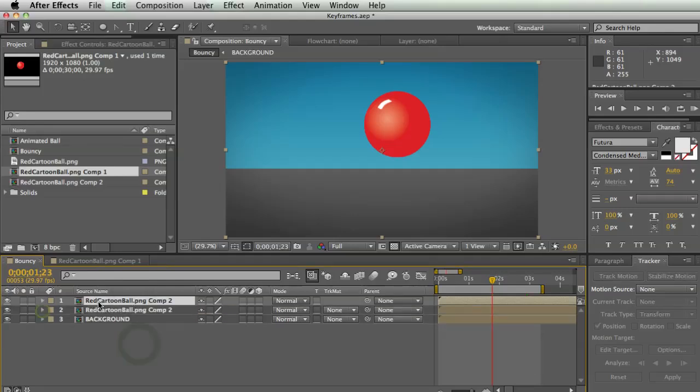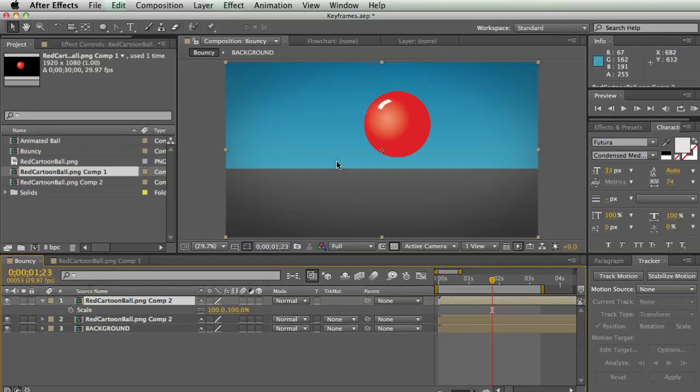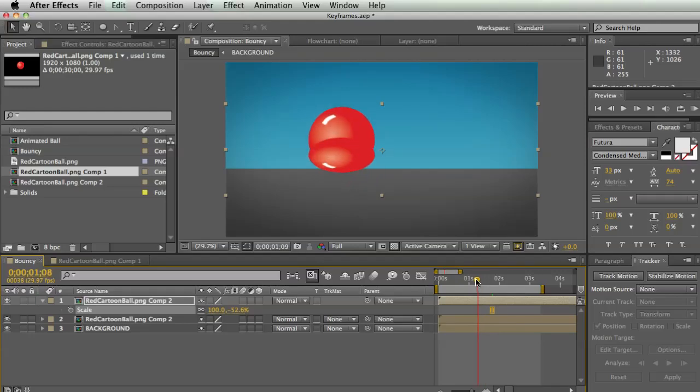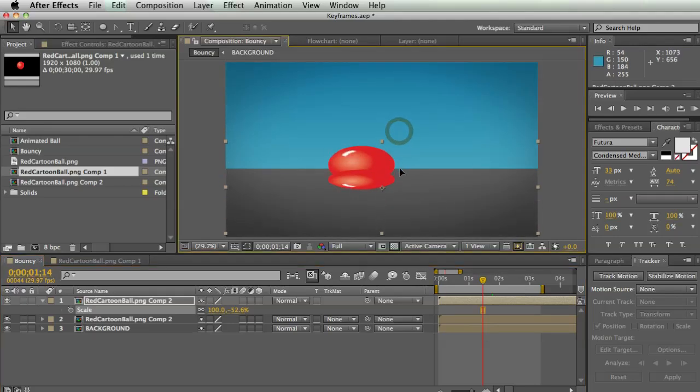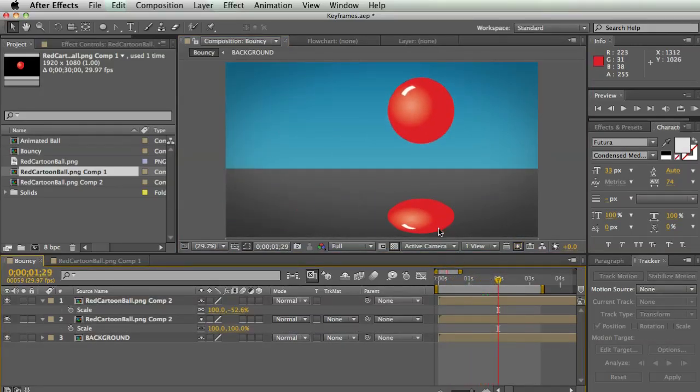I'm going to hit Command D, and I'm going to scale this like this, squish it down just a little bit and make it upside down. And I'm going to find a frame where the ball is hitting the ground at the ultimate squish point right there. And I'm just going to move this duplicate layer down. There we have our ball bouncing with this little reflection looking thing, which is good,